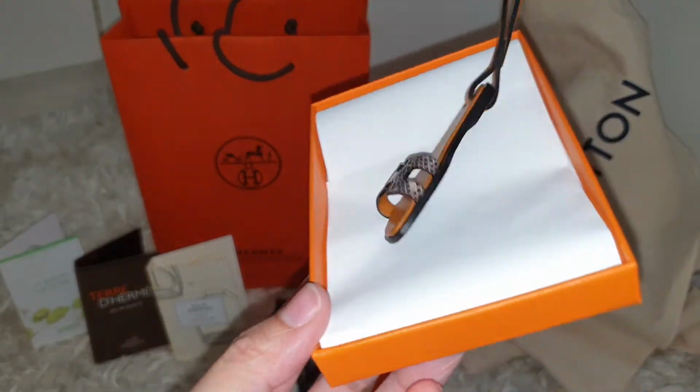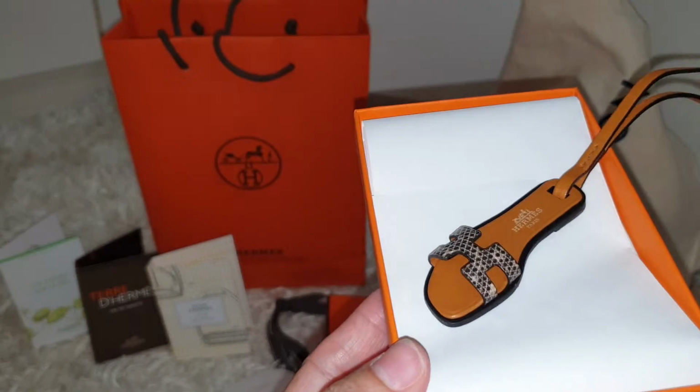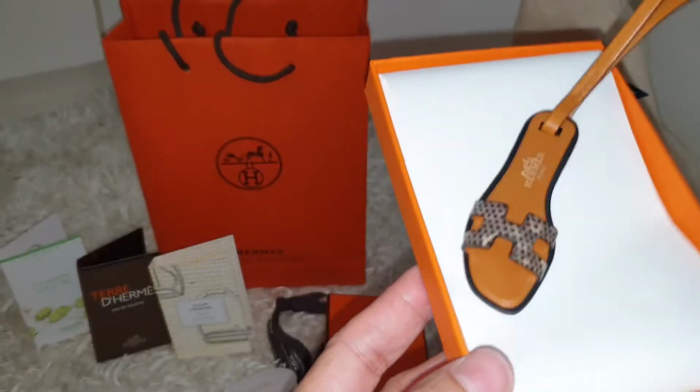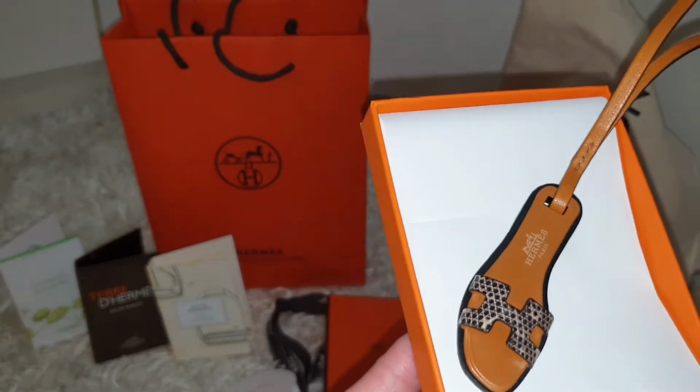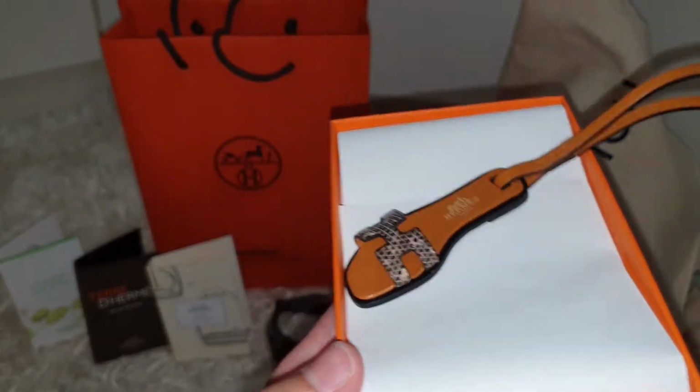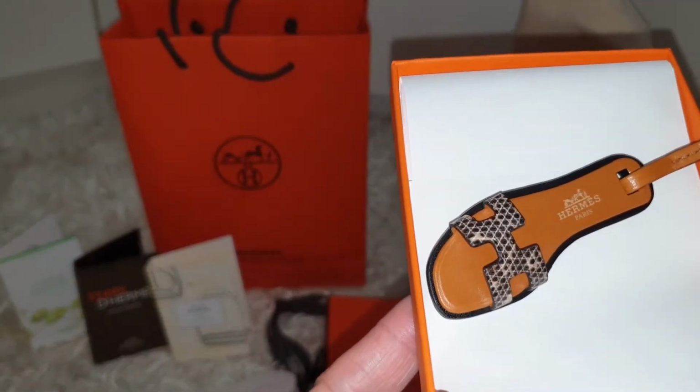Not sure. So anyway, this is the charm, and look at the top. It is of lizard, and I think they call it the Omra lizard. Not sure if I pronounced that correctly. And it really looks like